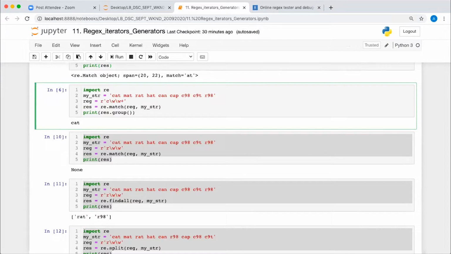But if you write star here, star means 0 or more than 0 repetition. It means the minimum length will be 2, because this one is 0 repetition. So the minimum length will be 2, and the maximum can be anything. And if you write this question mark, it means 0 or 1 repetition. It means the minimum length can be 2, and the maximum length can be 3, not more than that.